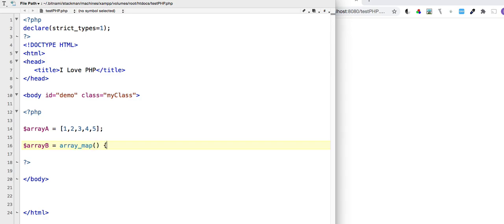Then you've got your squiggly curly brace, which always indicates that when you use a function, everything within it is what you do: all your commands and all kinds of stuff. So basically what you do is you take the function, and then you say the function element will be something like